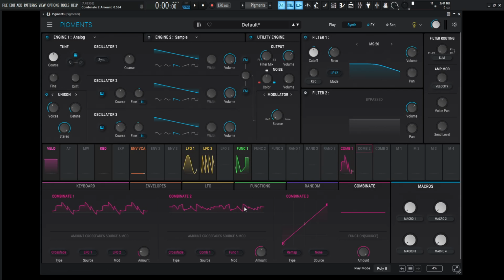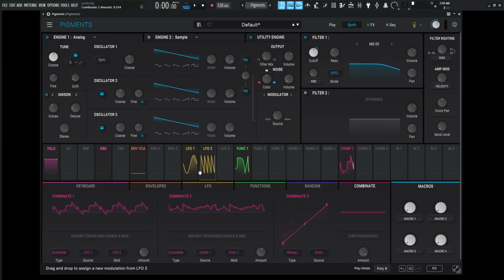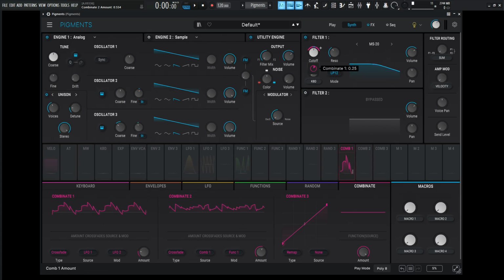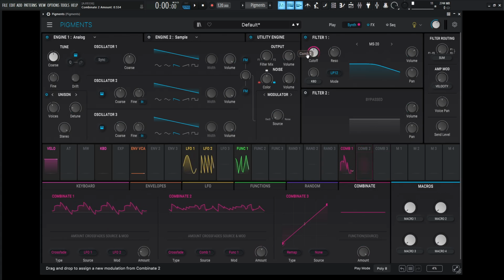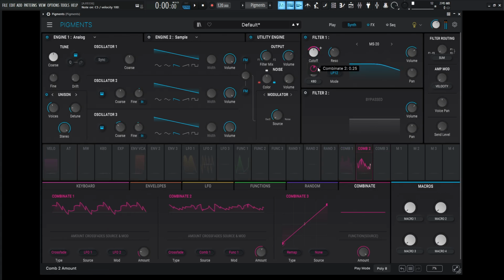So that might be kind of an interesting shape that's kind of random, but kind of not in the same sense, because it's still going to be repeating the same shapes between LFO 1 combined together and then adding whatever that source is to function 1. So if we double click this and remove that, and then we go into Combinate 2 and drag and drop this guy. We're kind of getting, like I said, a random modulation signal that's not entirely random,